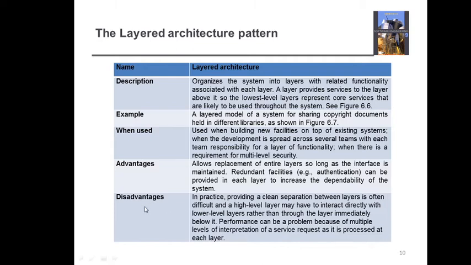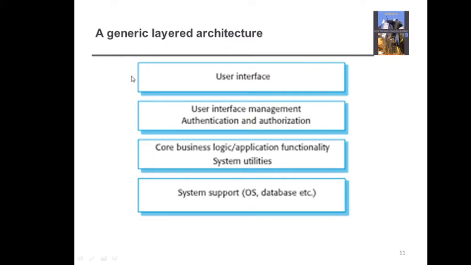Then what are the disadvantages? Since everything that exists has certain pros and cons, right? So the advantages are many. Now let's see what the disadvantages are. In practice, providing a clean separation between the layers is often difficult, and a high-level layer may also have to directly interact with the lower-level layers rather than through the intermediate layers below it. Okay, fine. What does it say? Now we are saying, okay, we have divided it so that all the user interface related functionalities are a part of layer 1. Then management will be a part of